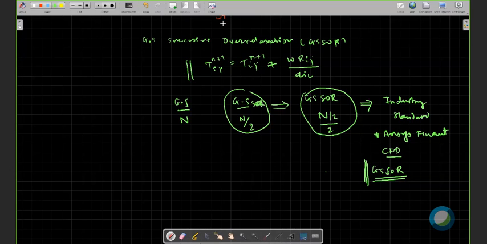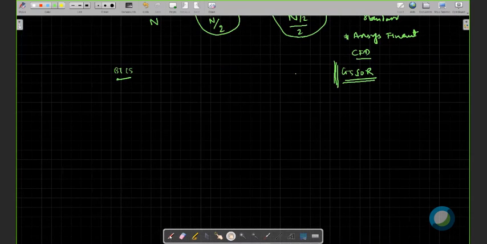Now, while looking at the implicit methods, we have looked at the BTCS method, backward in time and central space. And then we have also looked at some other methods which are implicit in nature, such as the Crank-Nicolson method, which we have discussed. You should be in a position to work with Crank-Nicolson and other methods. The BTCS method is also an important method. You should be in a position to solve any 2D heat conduction problem or any other problem with the BTCS method.